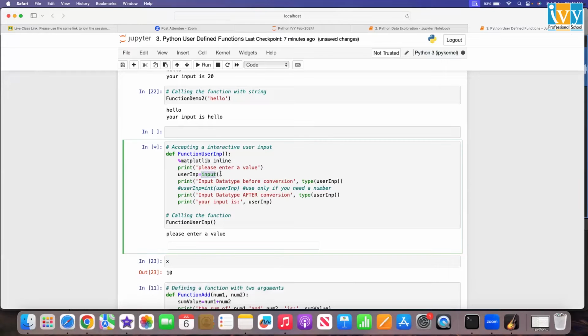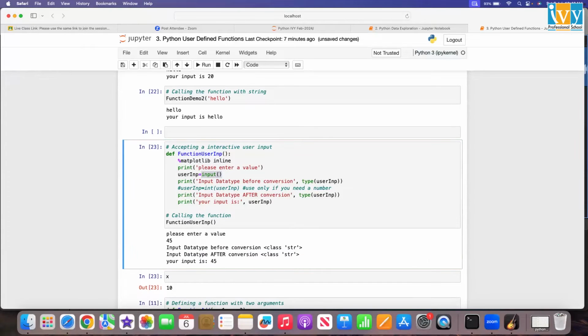Then this input function generates a text box like this. So you have to enter a value, let's say 45, and then hit enter. If you hit enter, then this will be stored over here. And then I'm printing the data type before conversion. And then you can convert the data to string if you would like, or integer or float if you like, using this particular function